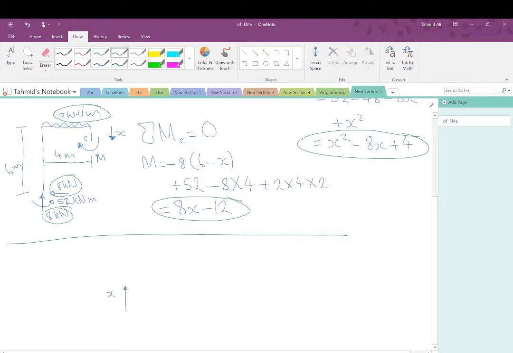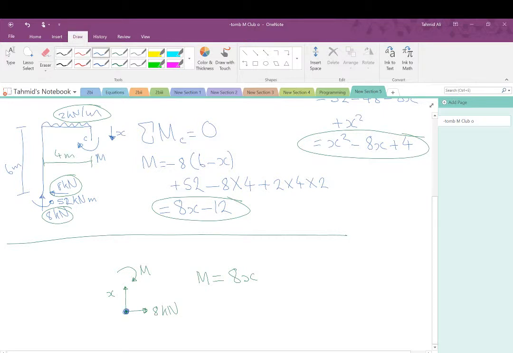From x here, if you remember, we have an 8 kilonewton load here, and the moment should still be positive, still acting clockwise here. So M is simply going to be given by the equation 8x, and that makes sense because basically at this point